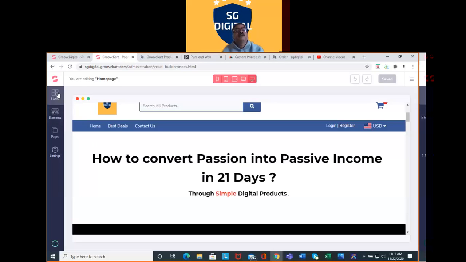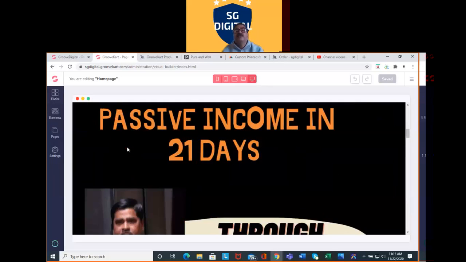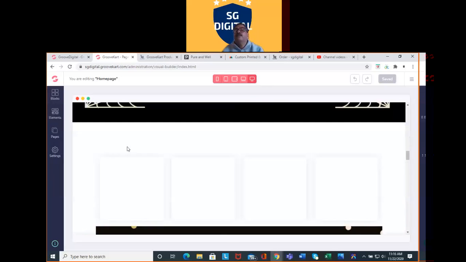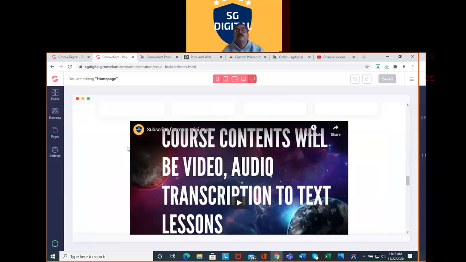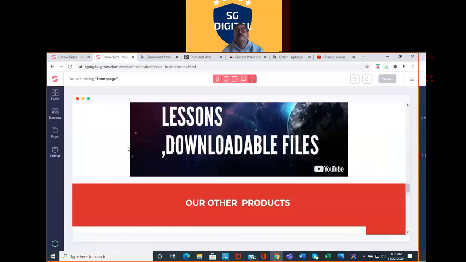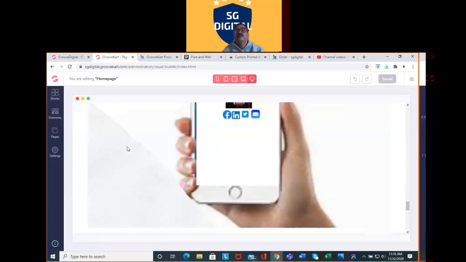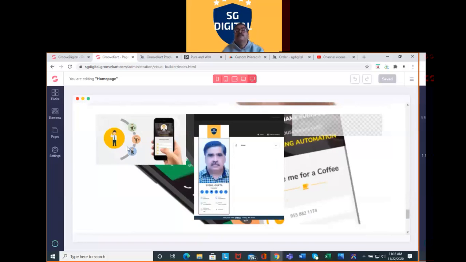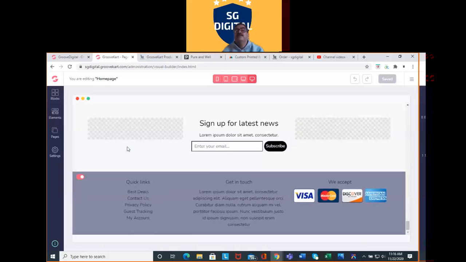These are the blocks, elements, pages, and settings. I put one image here and one video, and this is our next product. This is our email address.